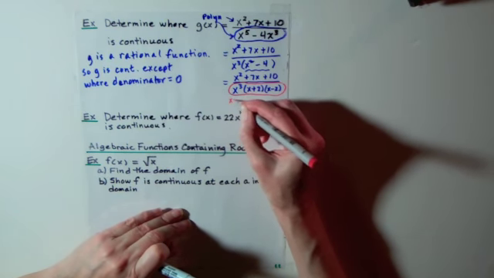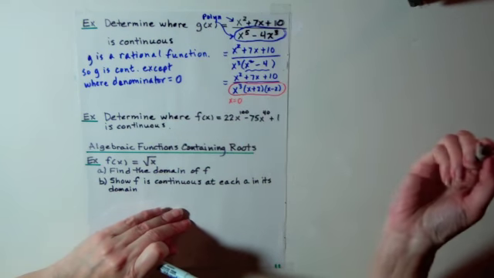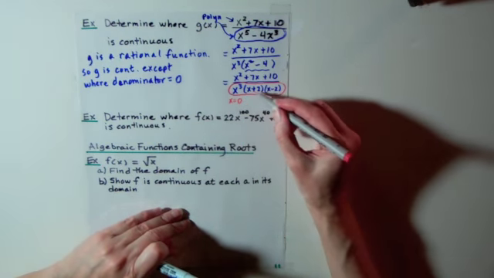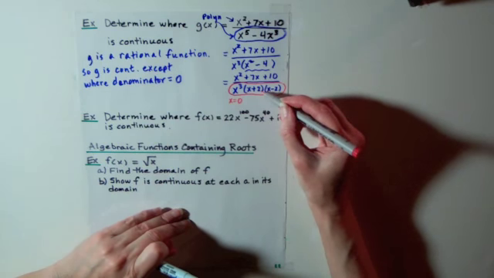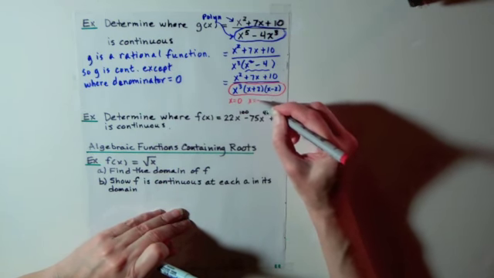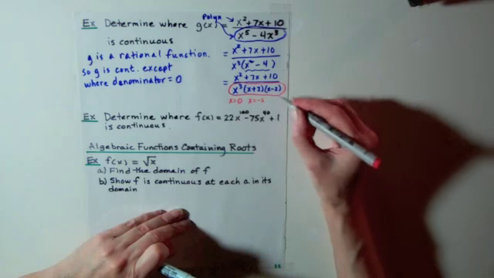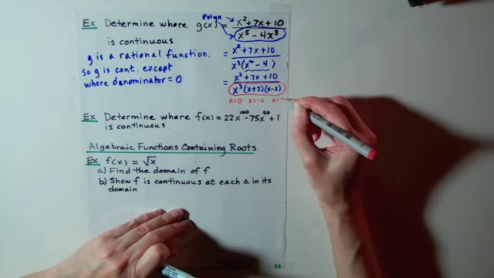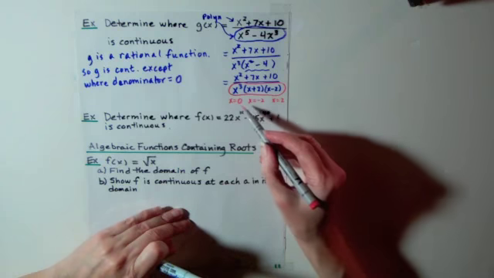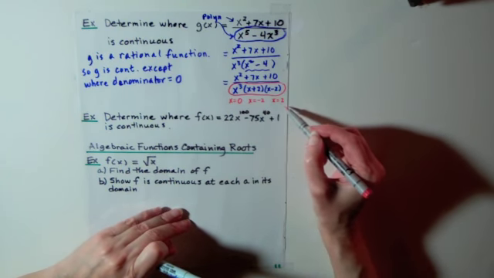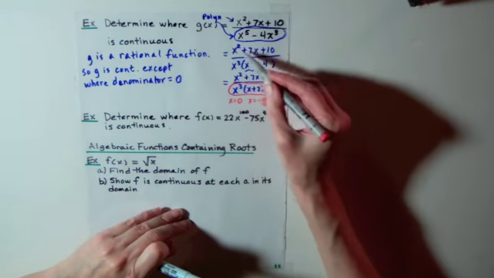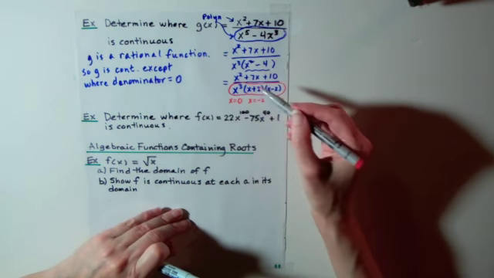Well, that would be true when x equals 0. 0 cubed is 0. When is x plus 2 equal to 0? Well, that would be true when x is equal to negative 2. And when is x minus 2 equal to 0? Well, that would be true when x is equal to a positive 2. So 0, negative 2, and 2 are the values that make the denominator of g of x equal to 0,